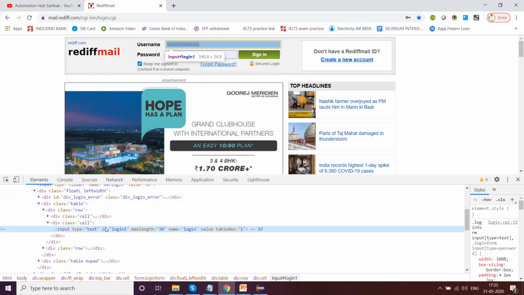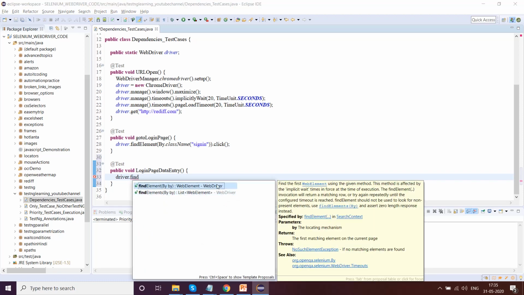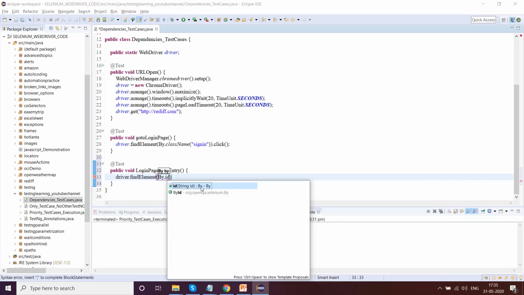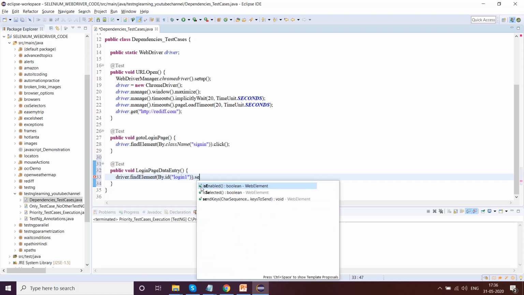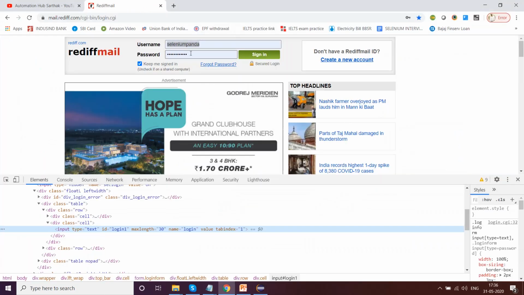This has an ID equal to login1. So I'll write driver dot findElement By dot id, in string I'll write login1, and since it is a text box, I'll write sendKeys the user ID selenium panda at rediffmail.com. Okay, and then I will go ahead and give the password.